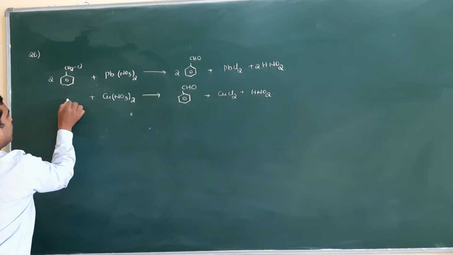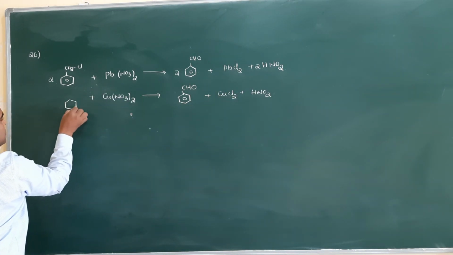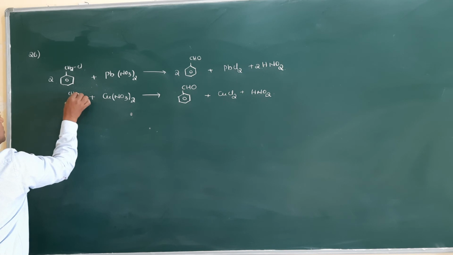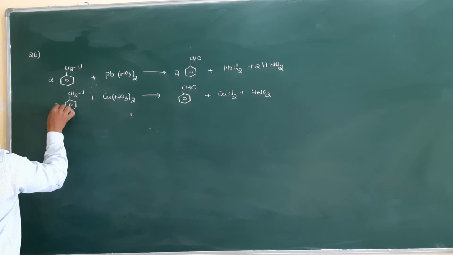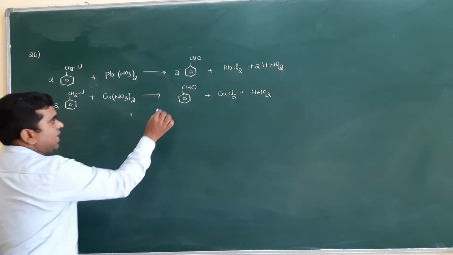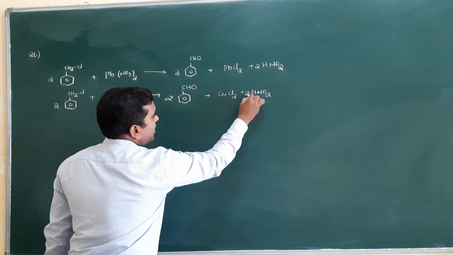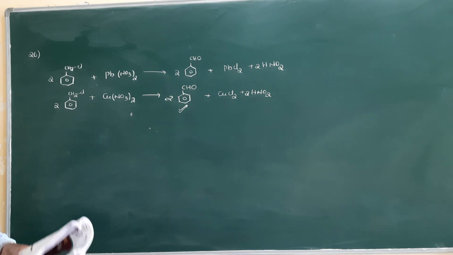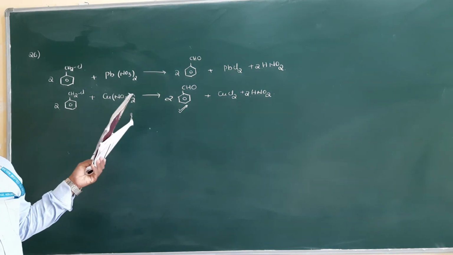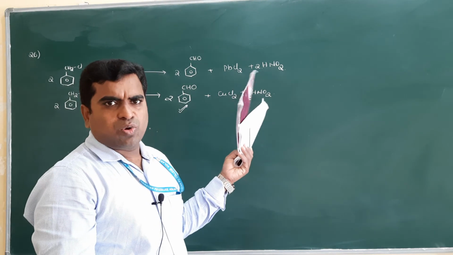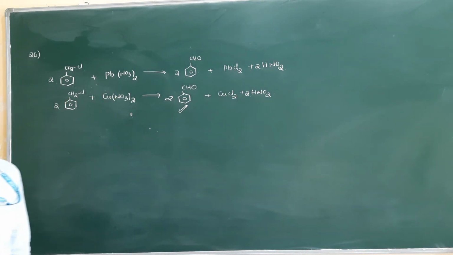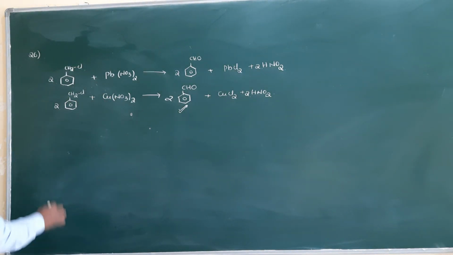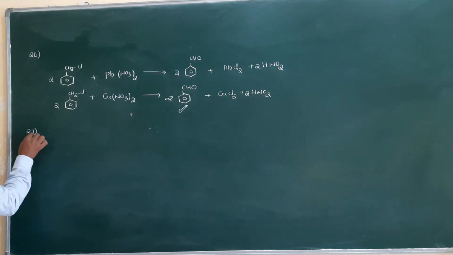Same here also you have to take the benzyl chloride. This is one of the preparations of benzaldehyde from benzyl chloride. Take 2 moles here and 2 moles here. So what is our product here? Our product is benzaldehyde. Clear? Again, in aldehydes, ketones and carboxylic acids, we will discuss this same concept. Clear? So next one, question number 27.